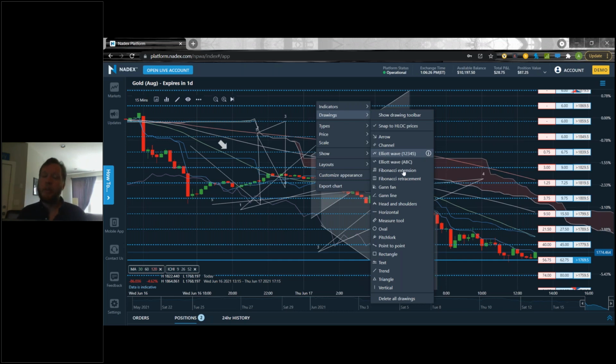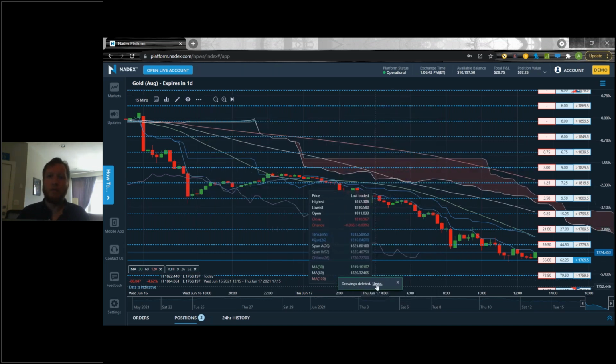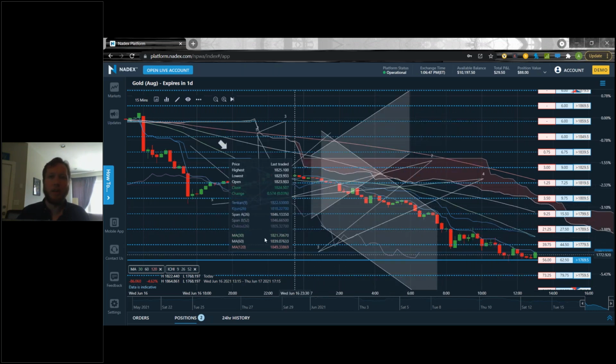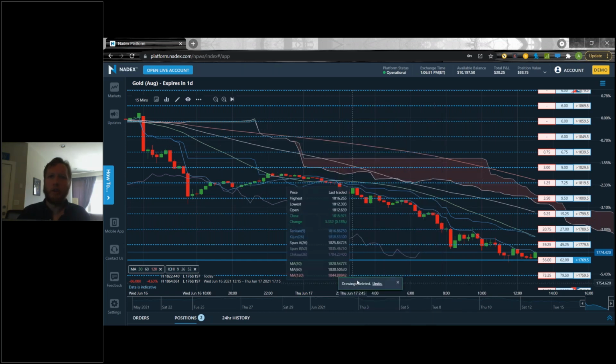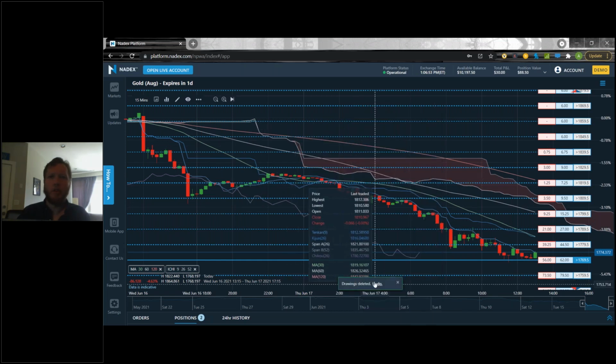I can now click on those and overlay them on my chart itself. So again, somewhat helpful. And then down here at the bottom, I can hit delete all drawings, and that's going to really delete all my drawings. I can also undo that if I hit that little button at the bottom. So if I want to get all my drawings off, I can hit delete all drawings, and then I can hit undo if I want them back.